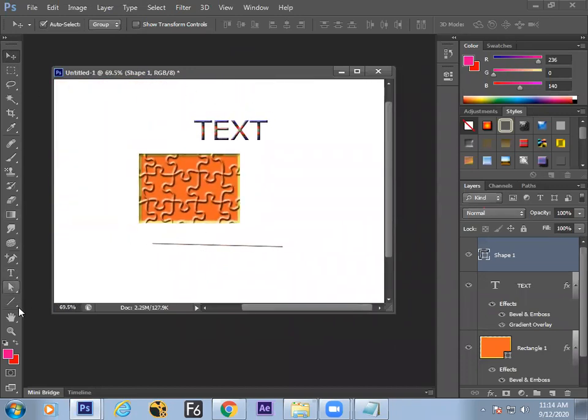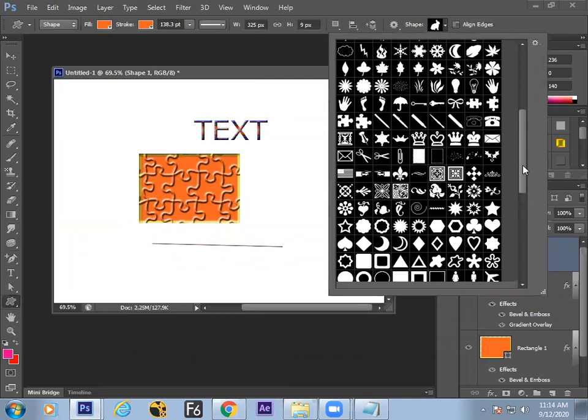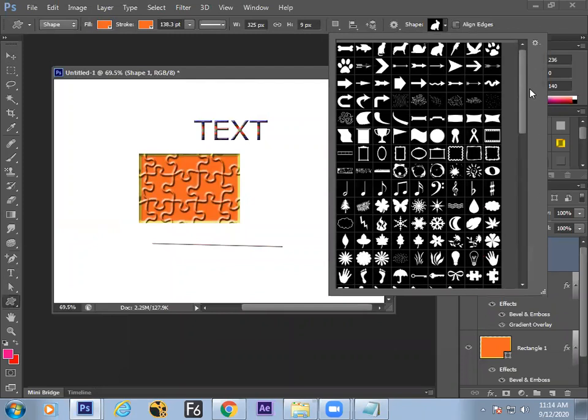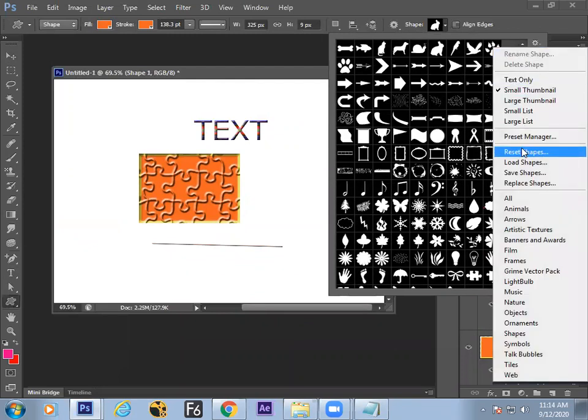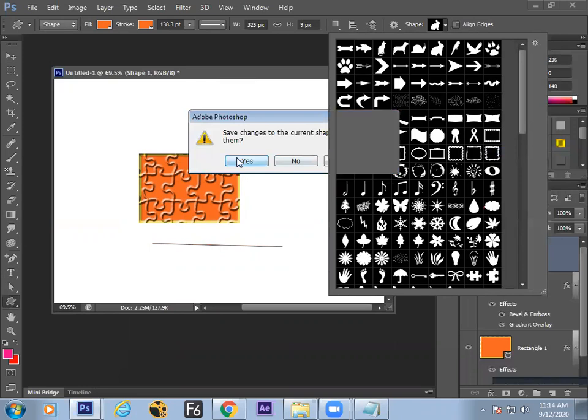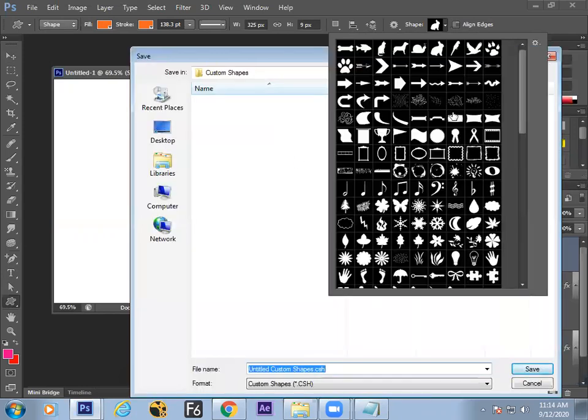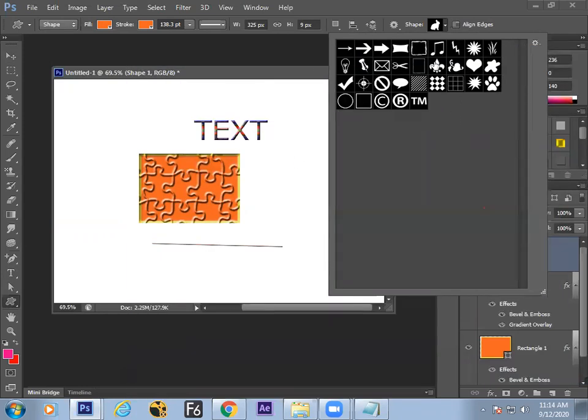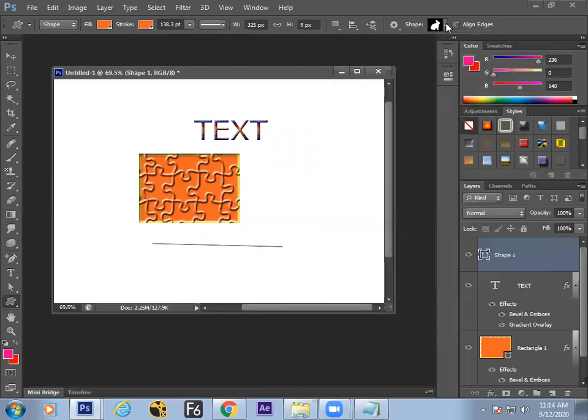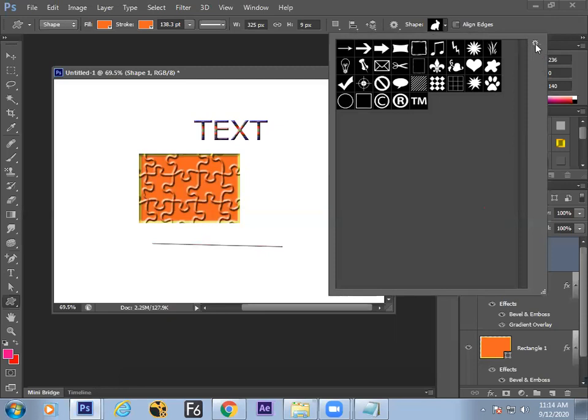So you just check these lines, shapes, custom tool, custom shapes. In the custom shapes, you can find all this. If you don't find all this, what happens is by default you will see something like this. Only a few tools will be visible. That bunny is not visible, right? So what you have to do is go to this settings button.